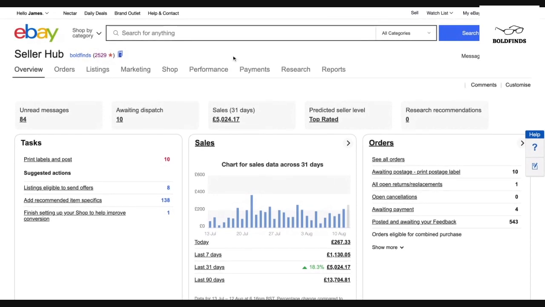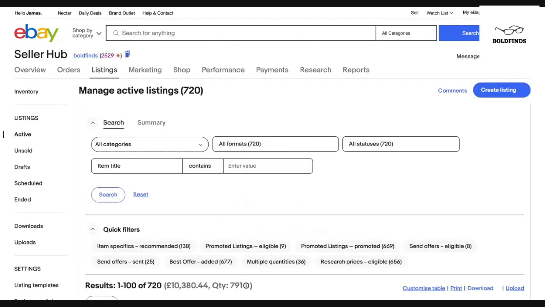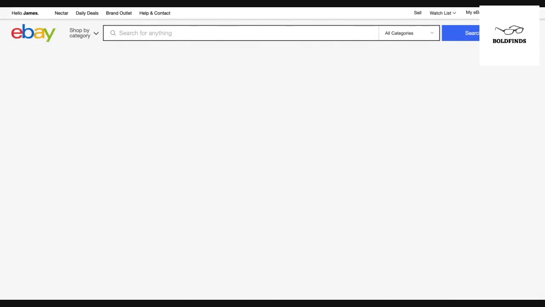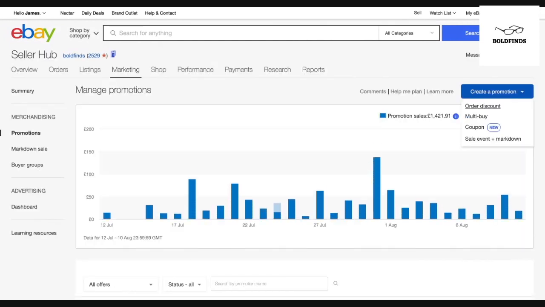So to run a coupon within the eBay store, it's very simple. All you need to do first of all, at the top of your page, if you click on the sell section, it will bring you onto your seller hub. So all you need to do from there is click on marketing, and that will bring you into the page where you can run all your promotions, markdown sales, etc. But to launch a coupon, you click on the create a coupon icon and it will take you onto the